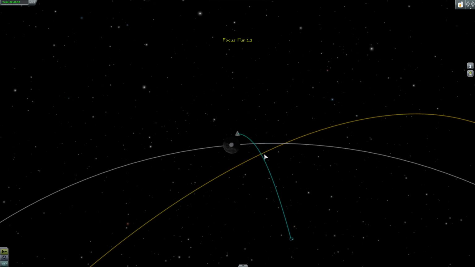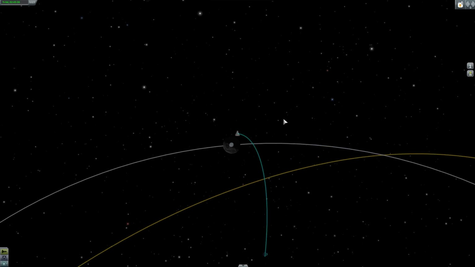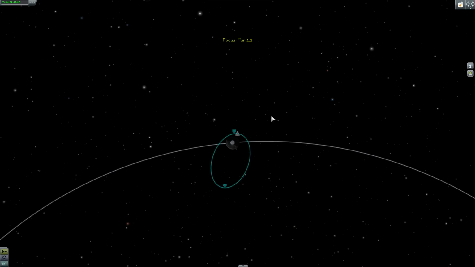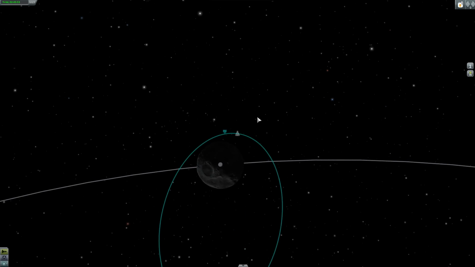I want to bend this thing around. Make myself a circle. Very good. That's what we want right there. Yes. Nice. Okay. We are in business. Alright. Perfect. Not the nicest looking orbit, but we can...